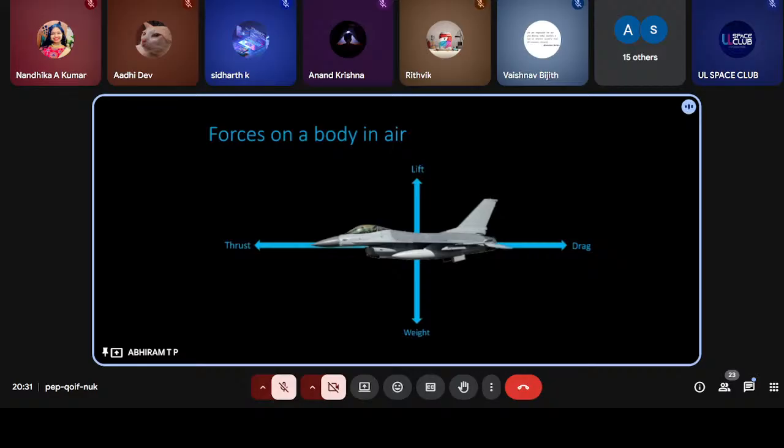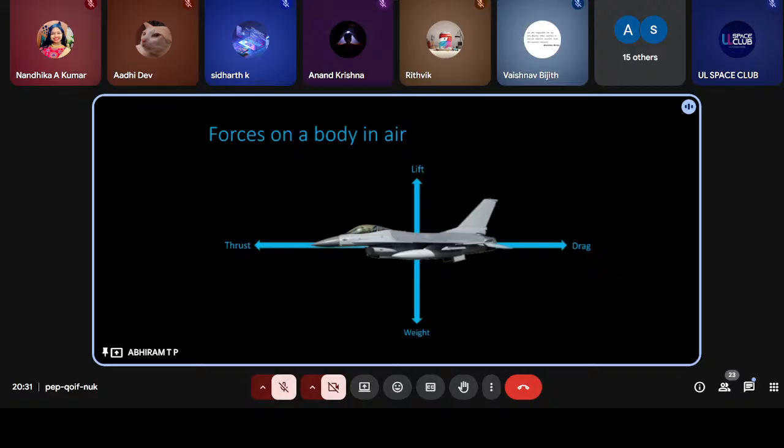So as you know, lift will push the body upwards, drag will pull the body backwards relative to the motion, and the concept of drag is almost similar to friction and not exactly the same. And the thrust will move the body to the desired direction of motion, the direction in which we apply a force. And don't make the misconception that the drag and weight are unnecessary for a perfect flight of a body. Just like friction itself, drag is also a necessary evil.